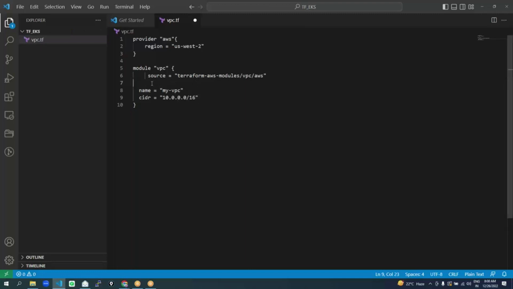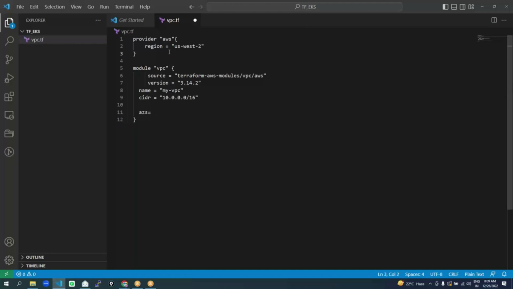If you don't mention the version, it will use the latest version, or else you could specify the version. The version which I am using is 3.14. And some name like my VPC, and the CIDR block. We are hard coding the CIDR block for now; we'll later pass them as values. And then AZs, availability zones. In which availability zone do you want it? I want to pick up the availability zone